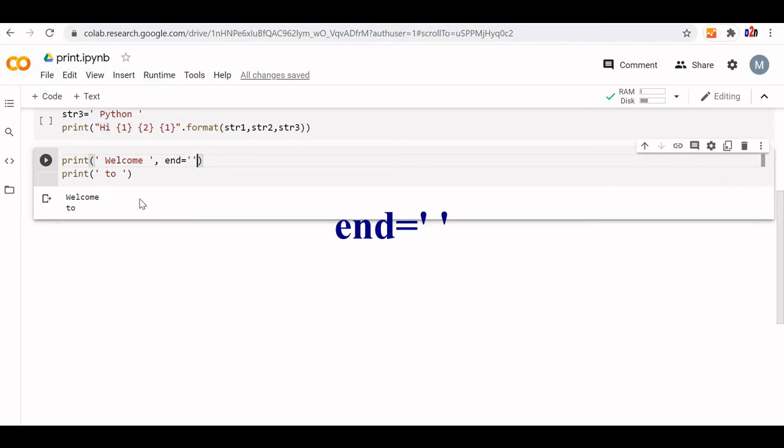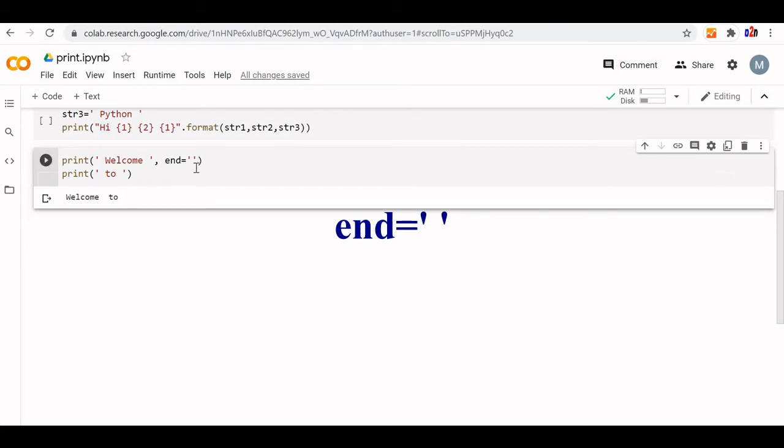Now I am forcing the value to change. So there will not be any line break between. You can see it comes into one line. So that is the reason why I am giving a blank space here. I can write something. Let me put a star here. The star will come in between. You can see here the star.